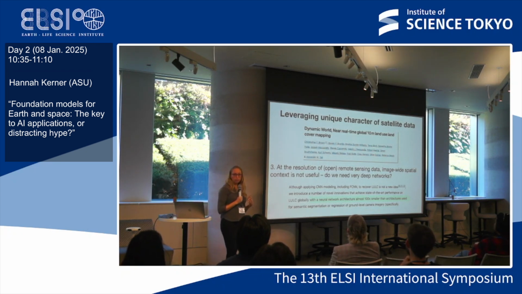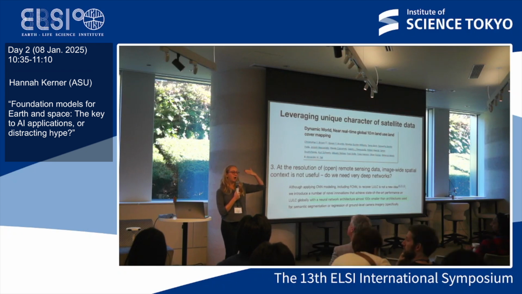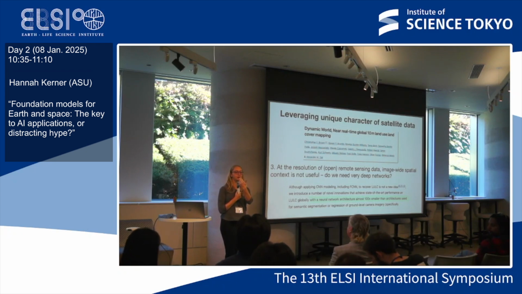And for most openly available remote sensing data, this is a difference between consumer photographs and remote sensing data, where we're not zoomed all the way into a single subject. If you think of the image of a face and you're trying to do facial recognition or detect that there's a face in an image, it's important that you have this receptive field over the whole image for the model. So you need to be able to see there's an ear here, there's an eye here, there's maybe some symmetry.